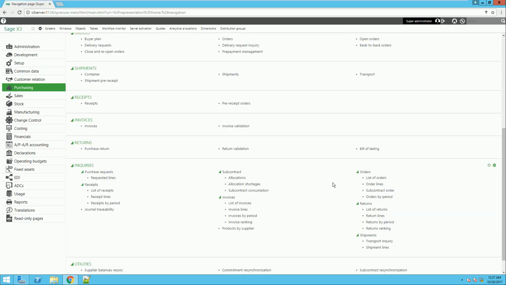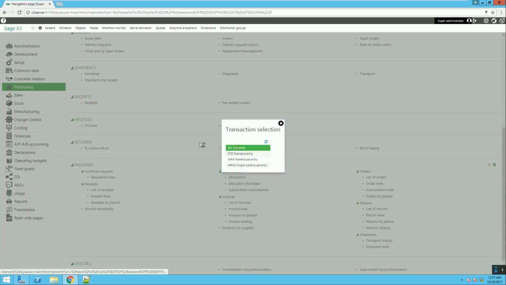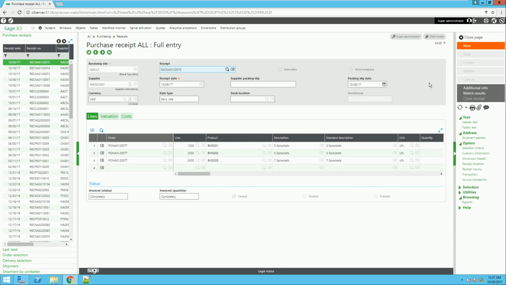All right, now the next thing is we have done our purchase order. The next thing will be to receive the shipment. Because when you give out the purchase order to the supplier, they are now bound to deliver. So on delivery, we will come to the receipt here, select the full entry, and then here we'll do a new,